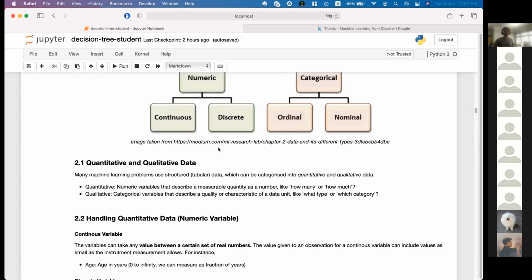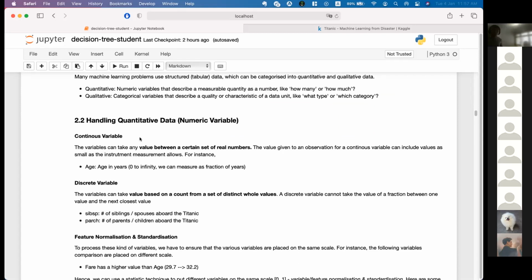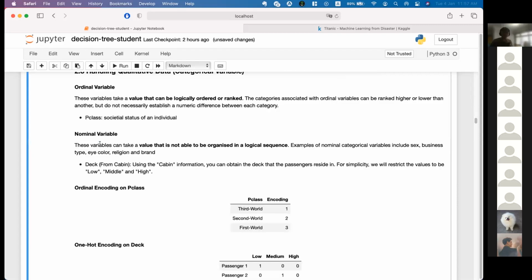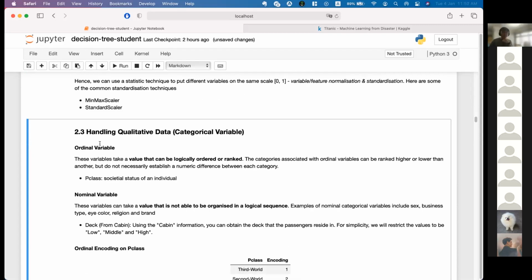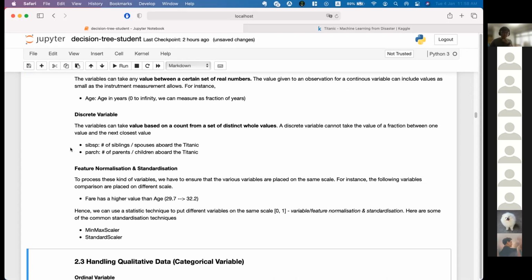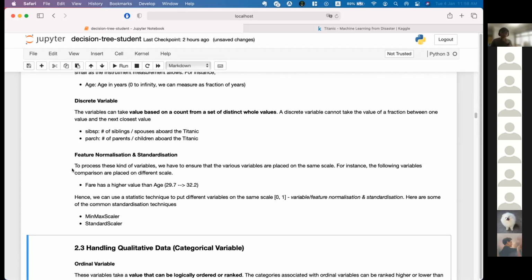Yeah, so I'll give a more in-depth explanation here. If we look at purely the Titanic data set, with continuous variables, we have the variable age. Then we also have the number of siblings aboard the Titanic, and the number of parents and children aboard the Titanic. For this kind of numerical value, what we actually perform is something called feature normalization or feature standardization, depending on how you want to do it. The general idea is that first,